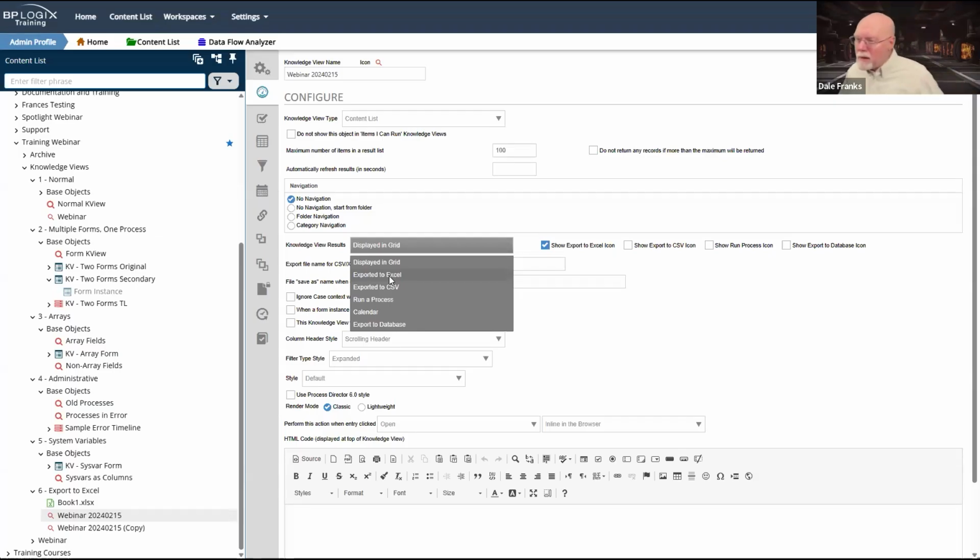That's generally not a great idea. There are a couple of administrative things where that might work fine, but for the most part, if you want to export to Excel, especially for end user knowledge views, you kind of want to force the end users to do it manually. Also, because it happens automatically when you choose Exported to Excel and the knowledge view never